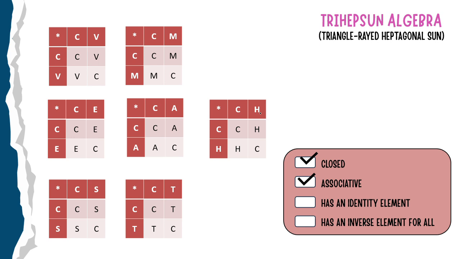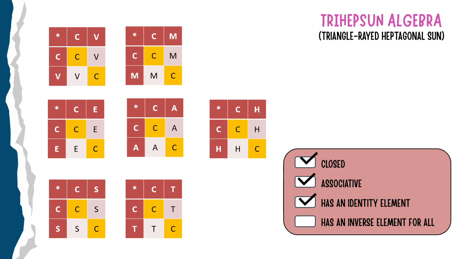Again, to check for the identity element, we will get first the same row and column as the header row and column. So we have here their same rows and column, and their intersection is our identity element. So for all table, the identity element exists, which is C. Now let's check for their inverse element.